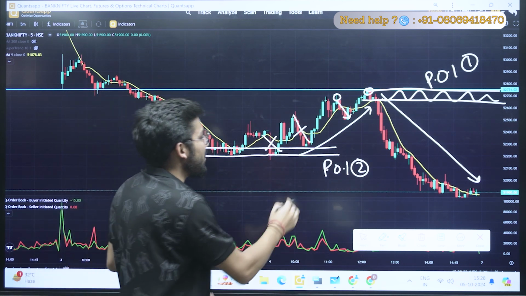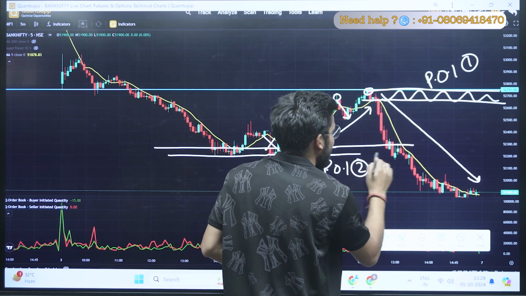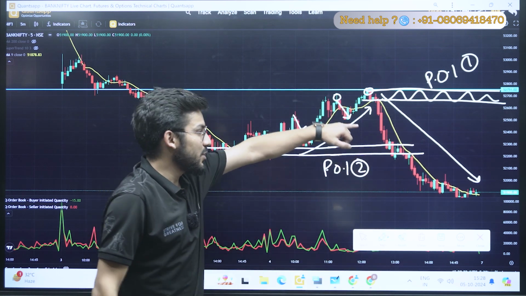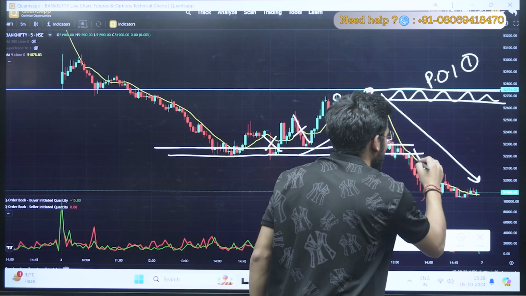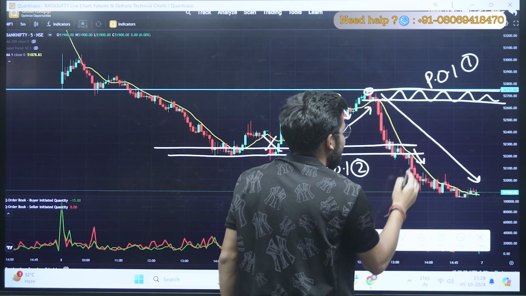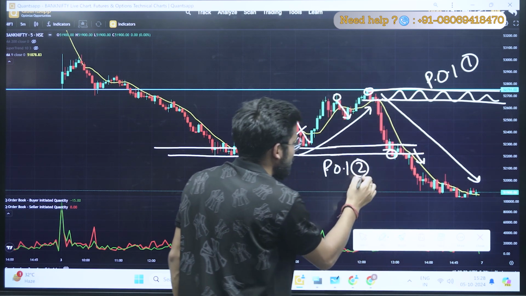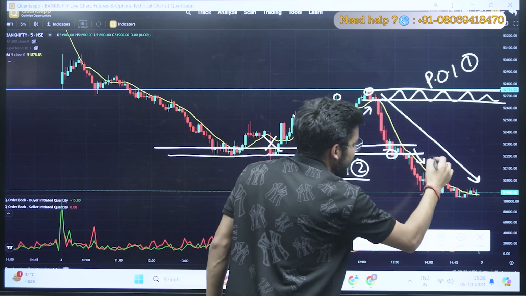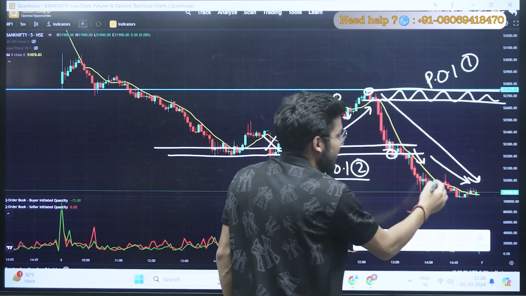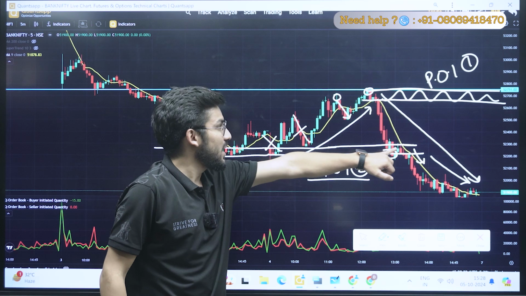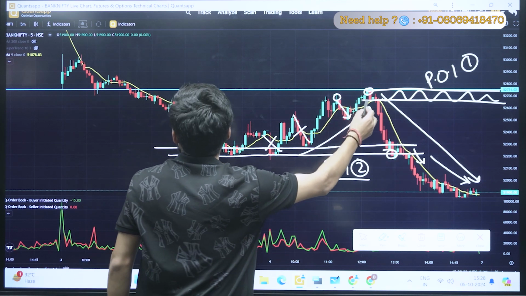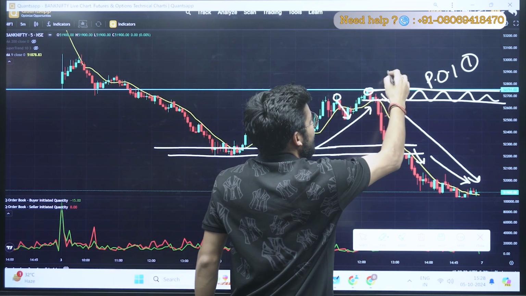Right? Now whenever my point of interest is broken, at that point of time you will analyze there will be a good movement in the market. For example, at this point your market broke your point of interest 2. Okay, so it is broken, it means there will be a good momentum, so you could have taken entry at this point of time, right? When your market reached here, suppose I have created this as my point of interest.